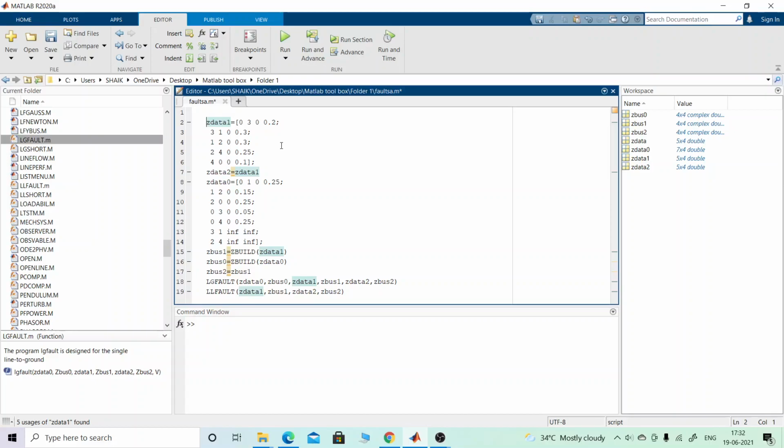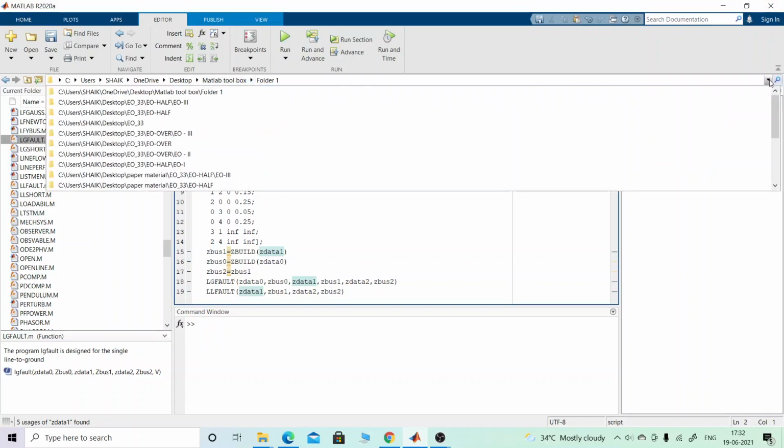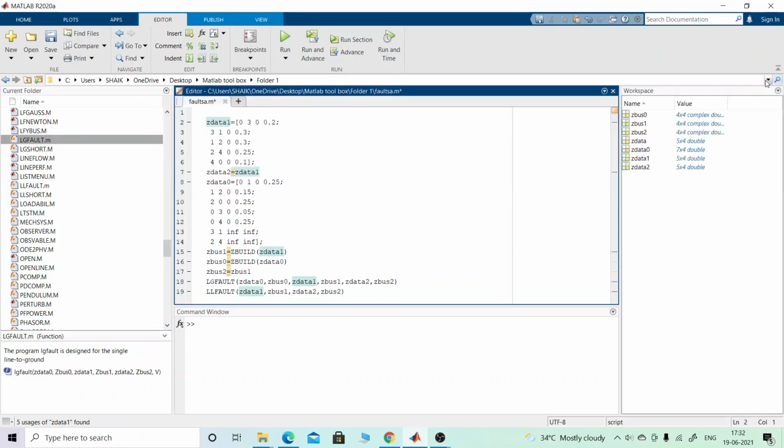Before that, change the current directory to the directory assigned to you, such as Monday morning batch, Monday afternoon batch, Tuesday forenoon batch, Tuesday afternoon batch. Some folders are assigned to you in the laboratory, so change as per the folders present there.